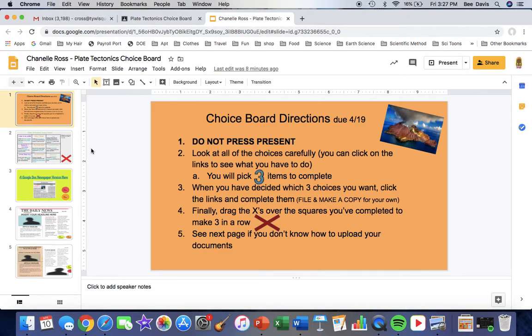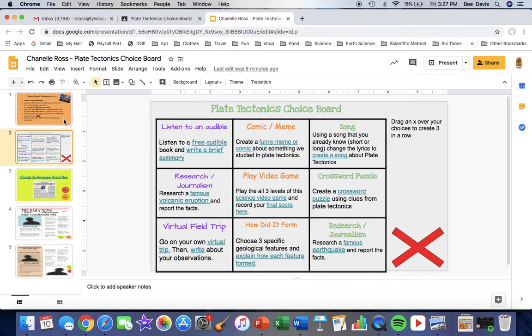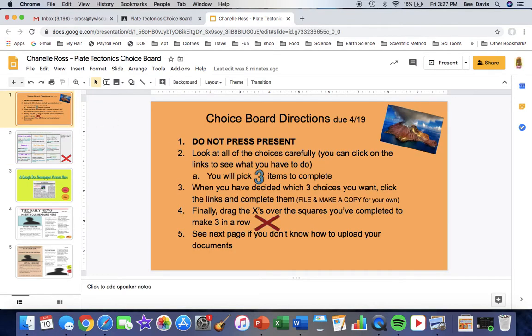I want you to look at the next slide when you get there and look at all the choices carefully. You are going to pick 3 activities to complete. 3 activities in a row. When you have decided which 3 activities you want, you're going to click the links, complete them, make your own copy. Once you have all 3 activities complete, you're going to